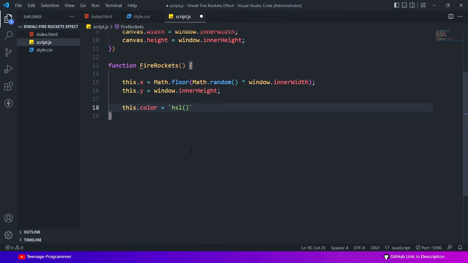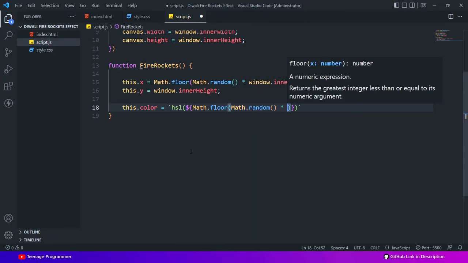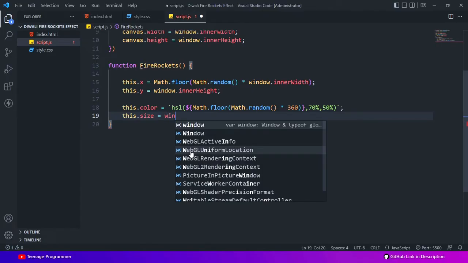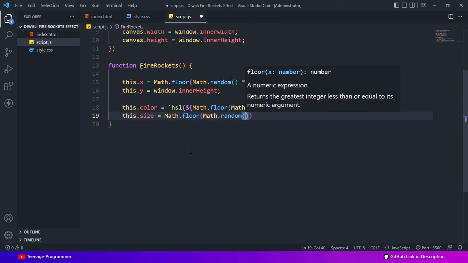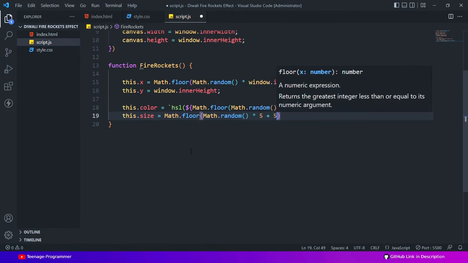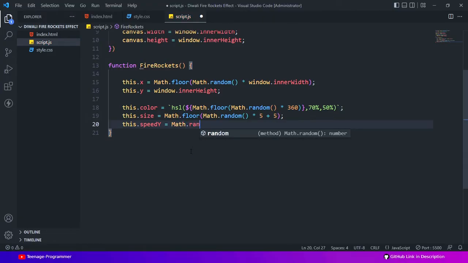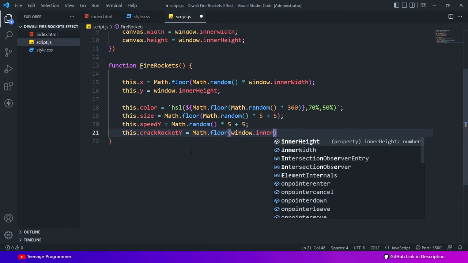I use here HSL to get glowing and bright colors. This cracked rocket Y will be the position of Y, where the rocket will get burst, and no worries, you